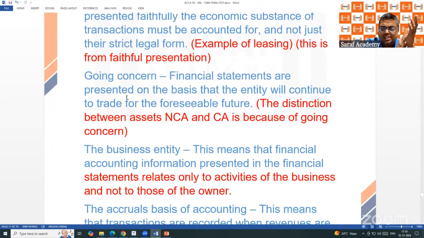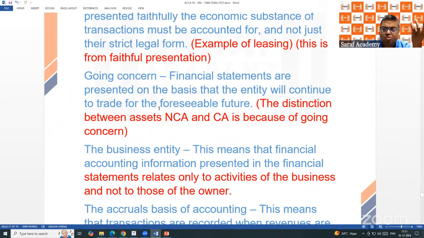When the business starts, it will never end. Going concern. For that reason, we have two types of assets, non-current and current. Non-current are going to be used for 5-7 years. Current will be giving you money within 1 year. If the going concern is no longer valid, there is no non-current or current asset. All are current assets. अगर किसी का बिजनेस बंद होने वाला है, नॉन करंट कुछ है ही नहीं. Land, building, plant, machinery also are going to be sold. All are current assets. When we are preparing financial statements, we always assume that the going concern principle is valid.